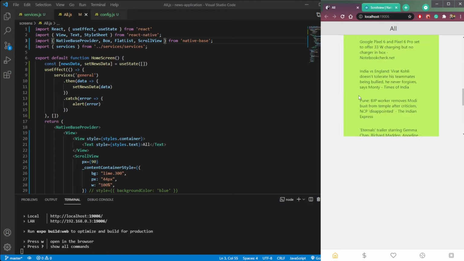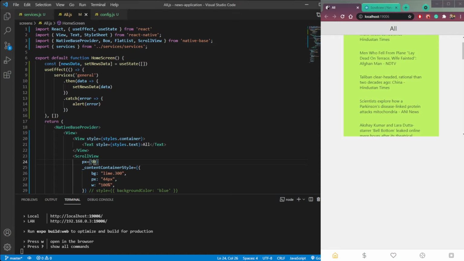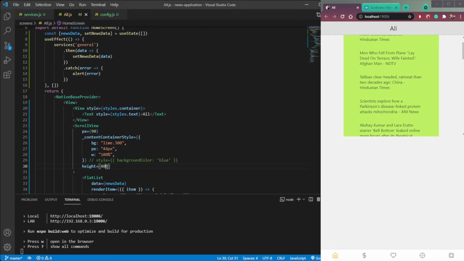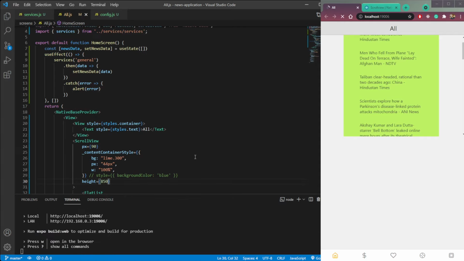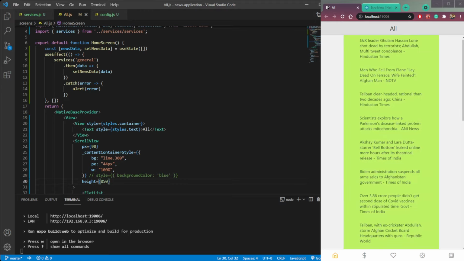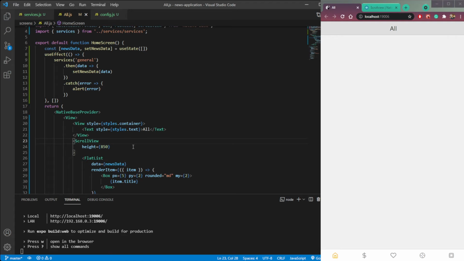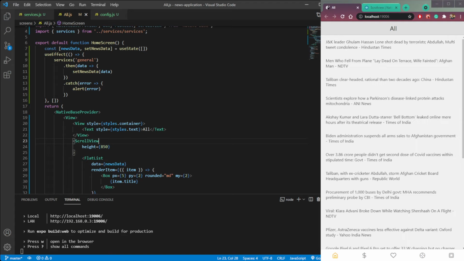Then you can see we are able to scroll, but the screen is very small. So let's increase the height. Just make this 400 to 850, and let's see. Okay, it looks fine now. And also we don't need this px90 and this container style, so remove it. We just need the height of 850 px. And now it looks fine.